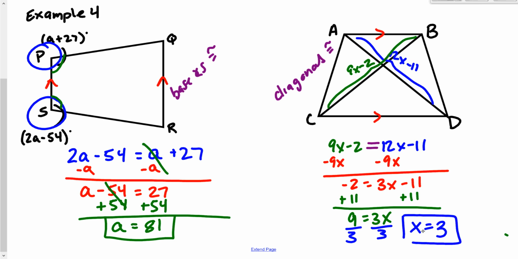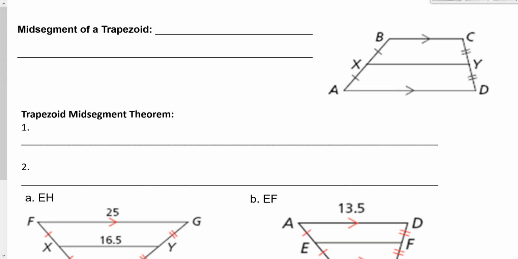Okay? So here I'm only looking for x is equal to 3. I do not need to plug it in because it just says to find the value of x that would make this an isosceles trapezoid. Good. Now there's one more thing we need to learn about isosceles trapezoids, or just any trapezoid, and that is called the midsegment of a trapezoid. The midsegment of a trapezoid is a segment connecting the midpoints